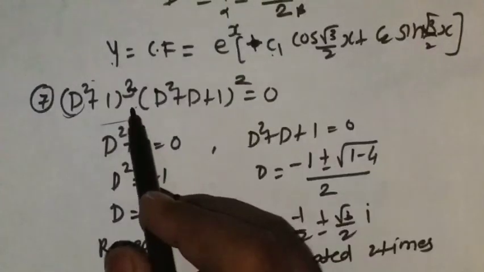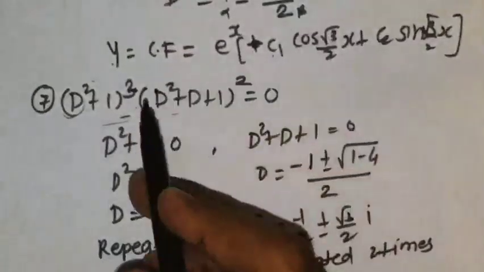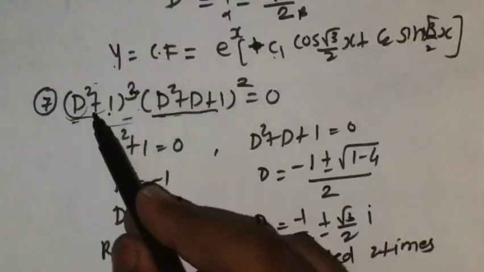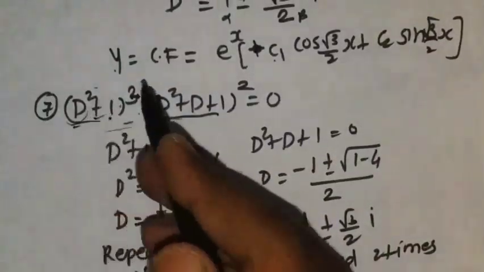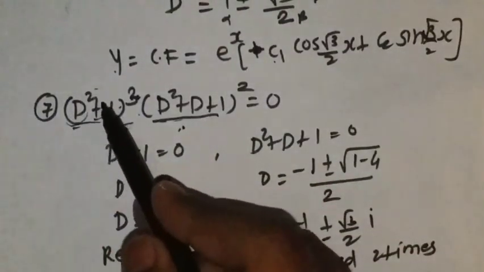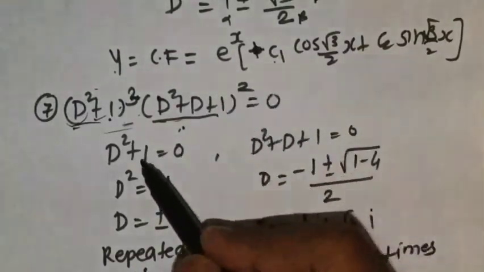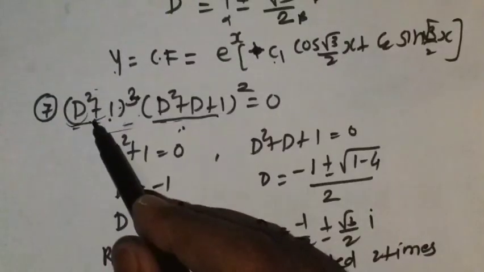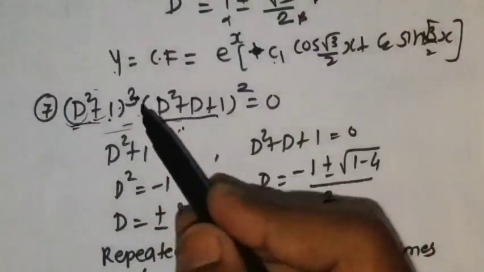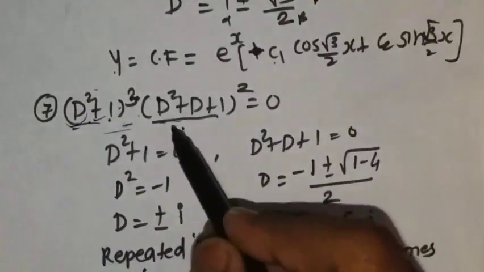But here we can see that the given polynomial is in the factorized form. So this is the first factor, this is the second factor, and these factors are repeated. Power of this factor is 3. It means this factor is repeated 3 times, and the second factor is repeated 2 times. So whatever roots the first factor has will get repeated 3 times, and whatever roots this factor has will get repeated 2 times. This is already a second degree polynomial, and its two roots will each get repeated 3 times, so total 6 roots, and here each root will get repeated twice, so total 4 roots. In total we'll have 10 roots.